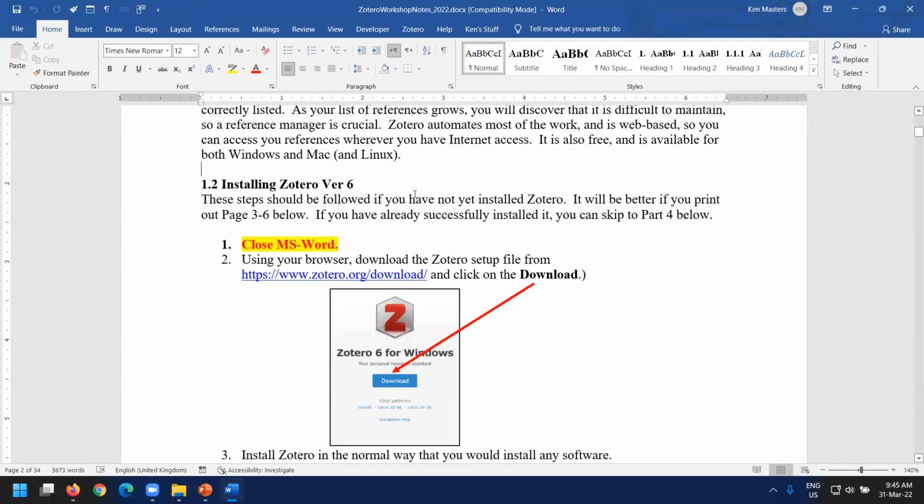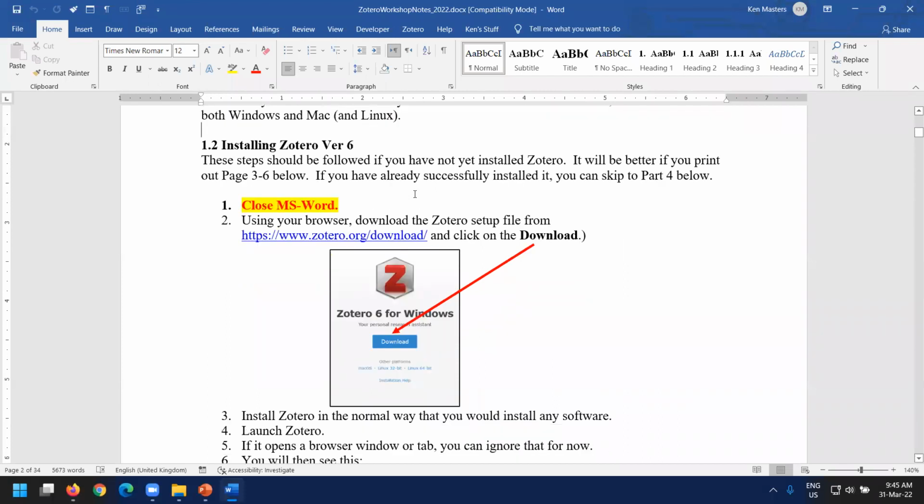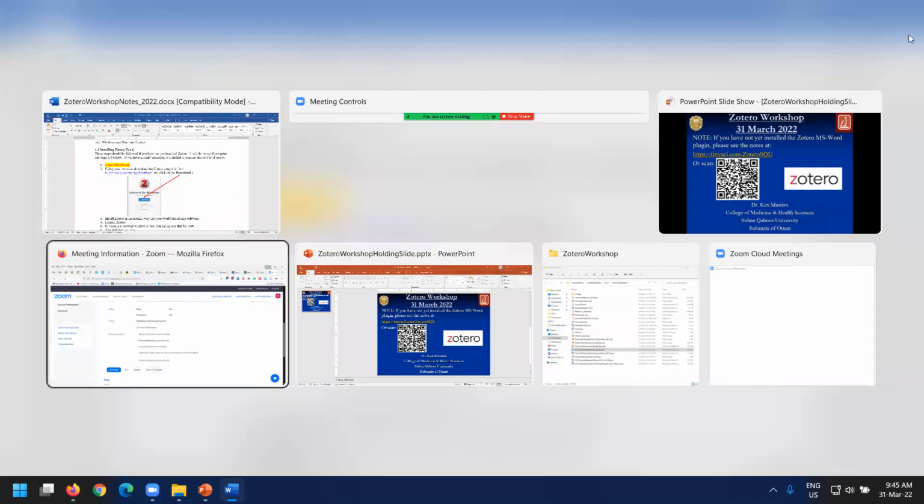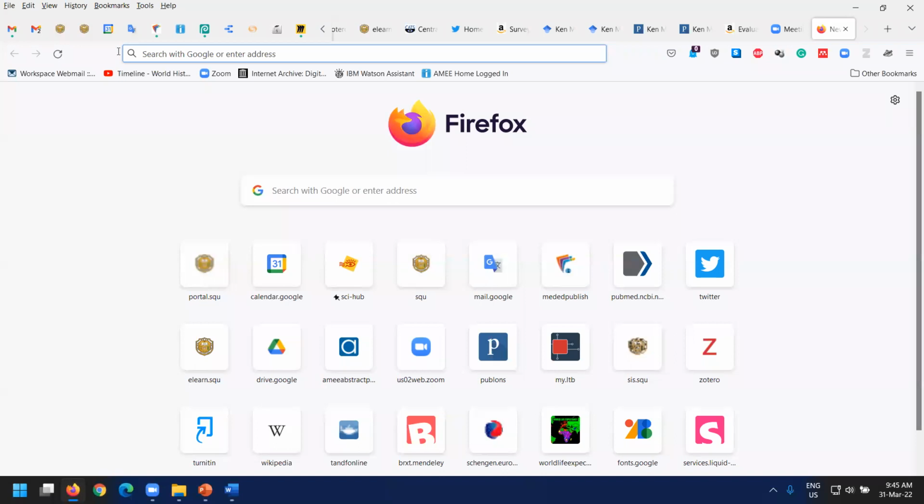Okay, so I've spoken about this plugin that you have to install. So what you really need to do, if you haven't yet done it, then please do it. You can listen to me talking, but the first thing that you would want to do is close MS Word, and then you can go get the setup file, right? And you go to that URL. I'm just going to switch quickly so I can show you live as well. Let's go there, open up a new tab,